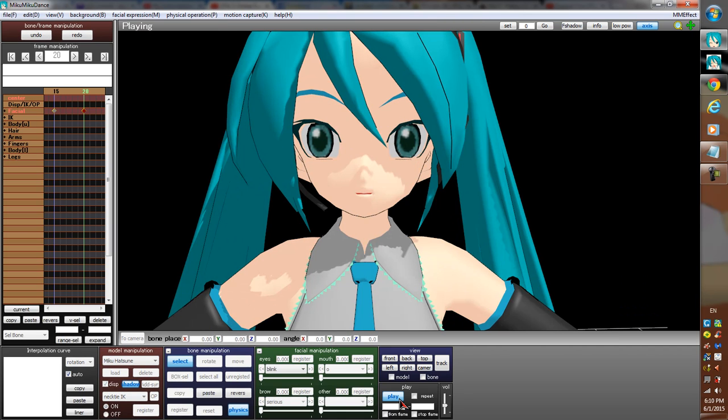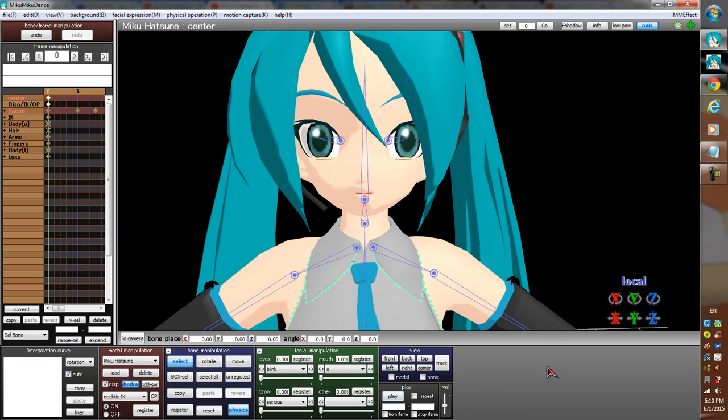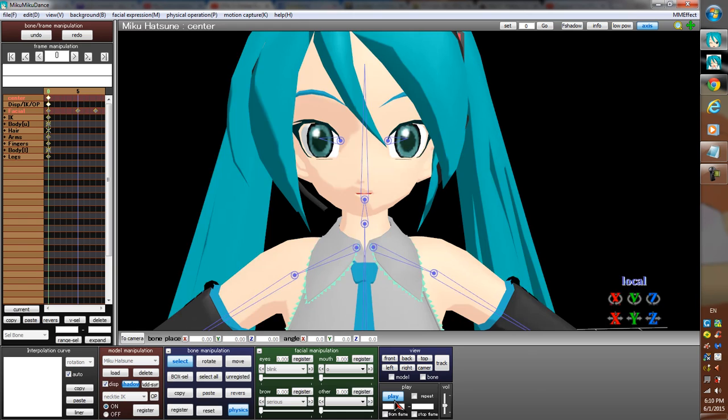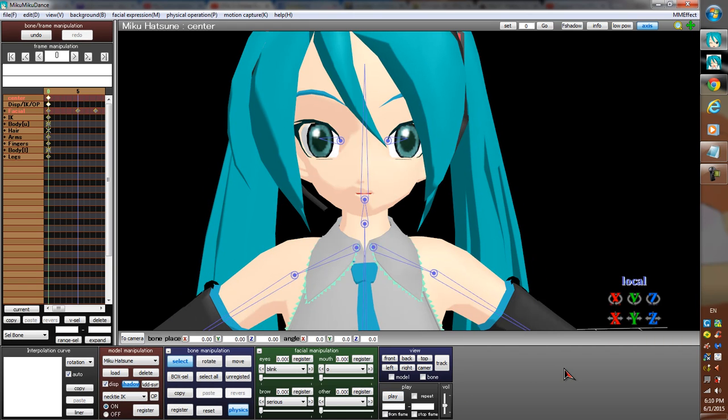And hold on. What did I do wrong here? Okay, my computer is lagging, so you can't see it. So I'll just scroll through frames so you can see her. She is saying hello. Very smooth. Just like so. If I wanted to make her say